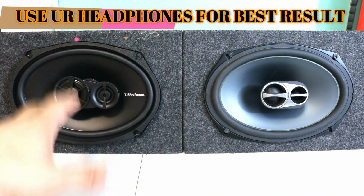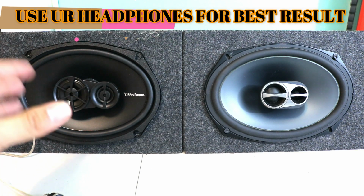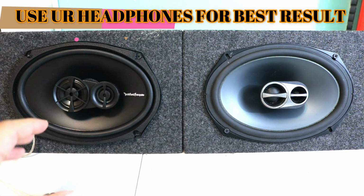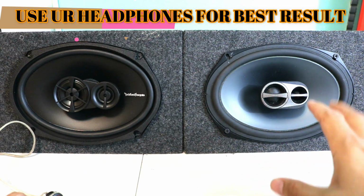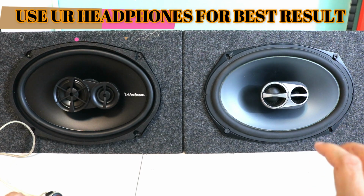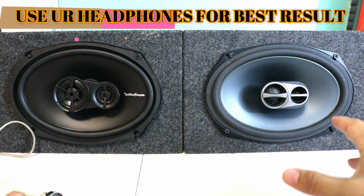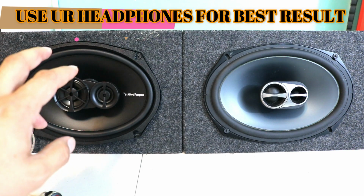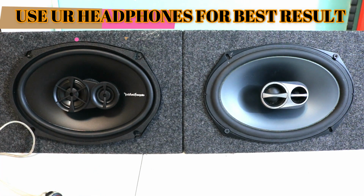Yeah, so the Kicker, if you listen to a lot of trap music and trance without vocals or guitars, with bass and tweeters, is a very good speaker. The Alpine, overall, whatever sound you put on this speaker, is going to be very nice and detailed. The tweeters don't over-scream the speaker itself, like this one, where the tweeter is a little louder than the speaker and the mid-range, but the Alpine